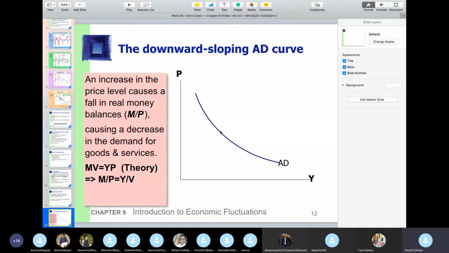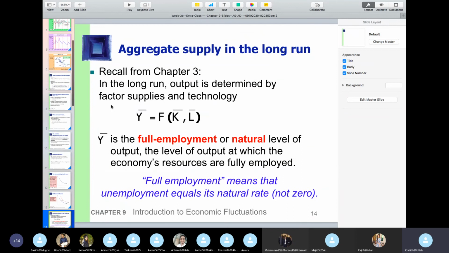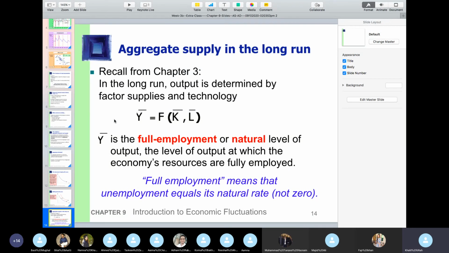The reason why aggregate demand is downward sloping talks about the theory of quantity of money. Then what causes aggregate demand to shift? We said money supply, or money in people's pockets, causes aggregate demand to shift. Then it talks about the long run aggregate supply curve, where it says that this is derived from the classical